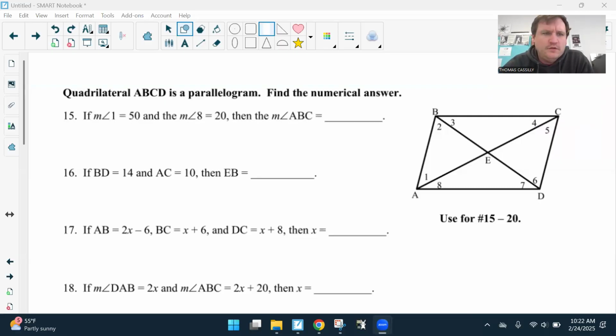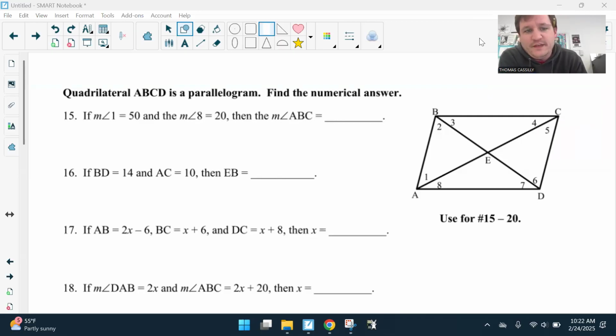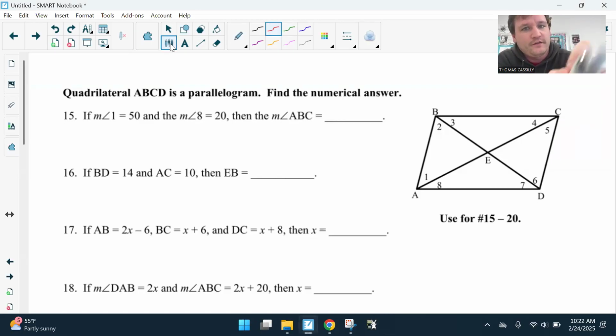Unit 8, what are we on? Unit 8 test review, page 2. Here we go. Quadrilateral ABCD is a parallelogram. All right, so